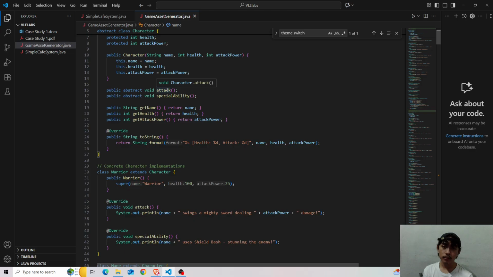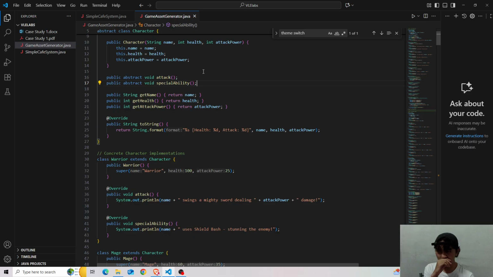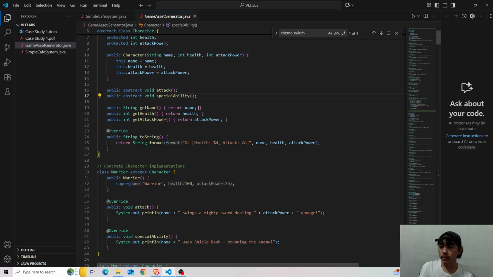So we'll be assigning those, this dot name, this dot health, attack power, and so on. Then it must have a method of attack and then a special ability, right? So each of the characters must have an attack and then a special ability. For this one, we have here a setter, and then we have getters here.